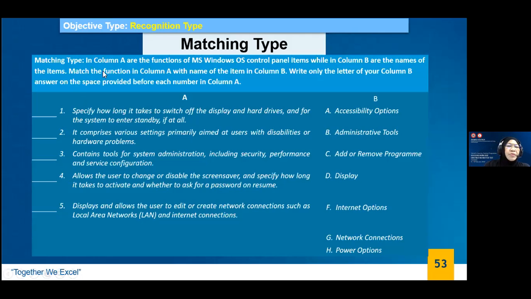An example here would be, in column A are the functions of MS Windows control panel items, while in column B are the names of the items. So what do you do? That's why it's called matching type. The description that you have under column A should fall under one of these choices here. Now, if there are 5 descriptions here, your choices must not be exactly 5. You should have at least